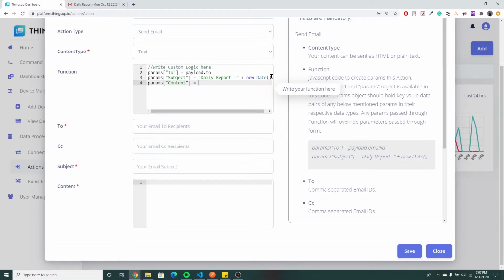What my content will have, for example, is that in this email I am going to send the maximum vibration recorded by a particular machine on a particular floor.